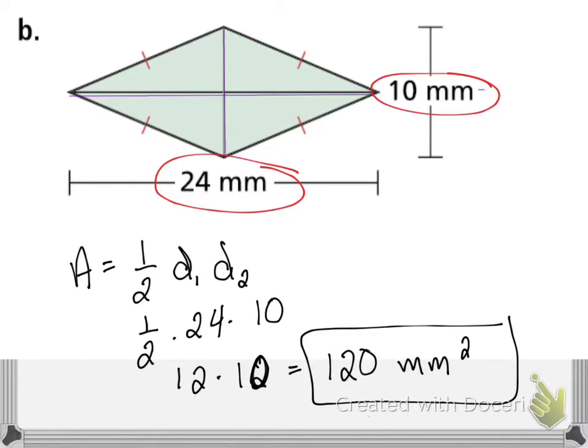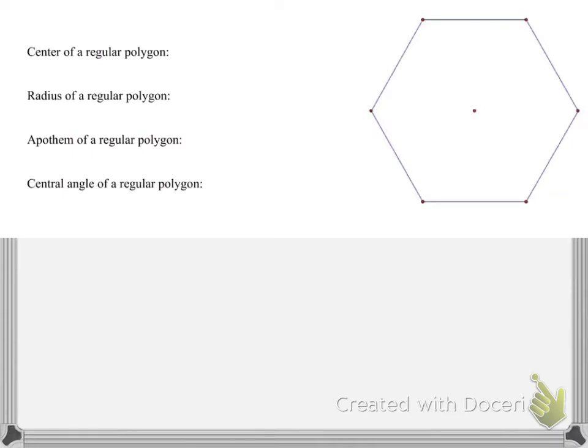Okay. All right. Next. We have to talk about a little vocabulary. First of all, a regular polygon: all the sides are congruent, and all the angles are congruent. The center of a regular polygon is, if I had a circle